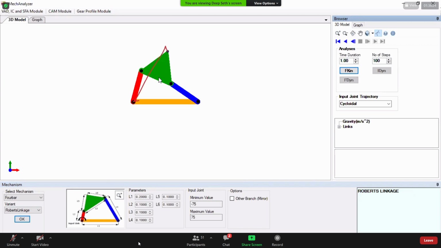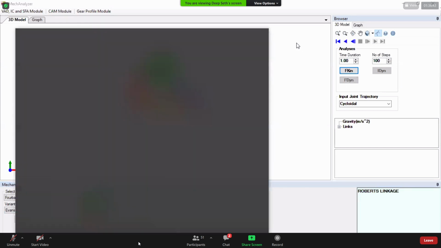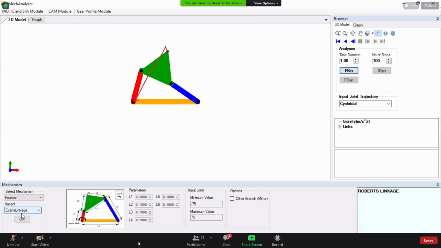The point of interest depends on what you want from the mechanism, and depending on that you can draw and have the point mechanisms made from that 4-bar linkage. You can change the link lengths and do it. Like that, there are many mechanisms which have been made on this.